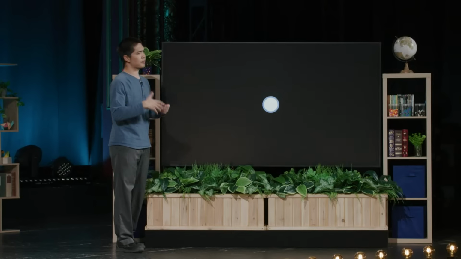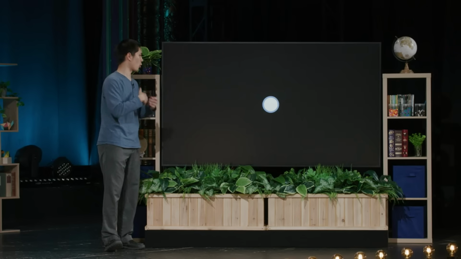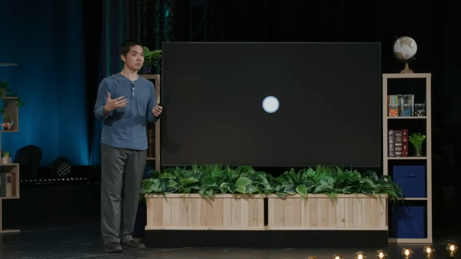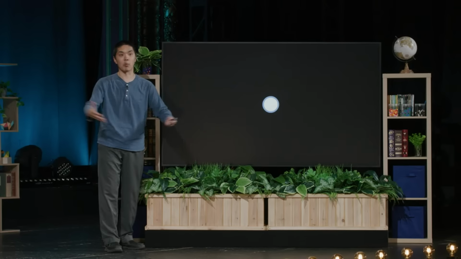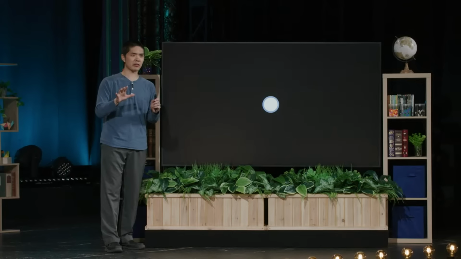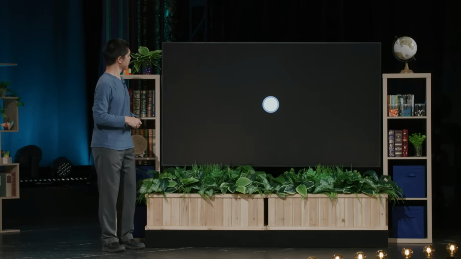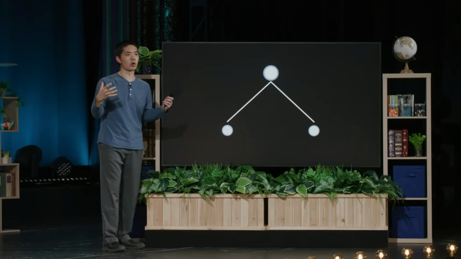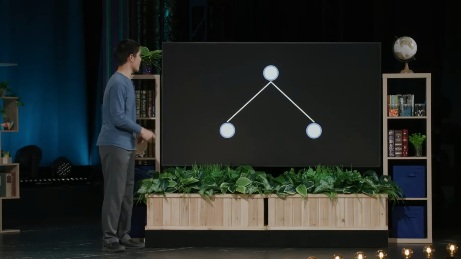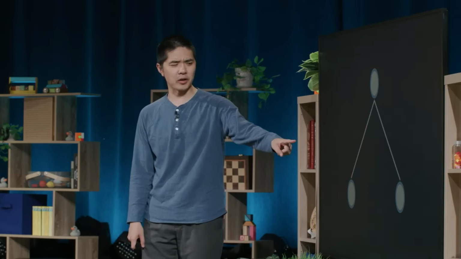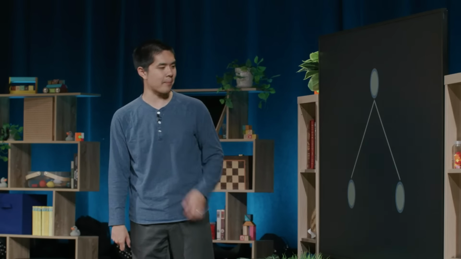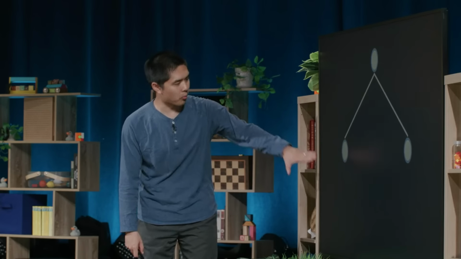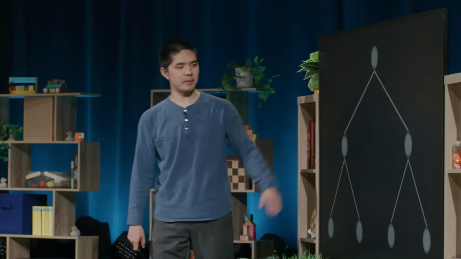And let's imagine that from every game state, I have 2 options for what choice I can make in that game state. In reality, in a game like chess or Go, you have many more than 2 options most of the time. But to keep things simple, let's imagine that we just have 2 options, which means that if I have 1 turn, this 1 node is going to branch into 2 more nodes. I have 2 choices for what to do on that turn. And if each of these nodes also has 2 choices for what might happen next, well, that's going to lead to 2 more branches for each one of those nodes, which means after 2 turns, I now have 4 possible nodes.